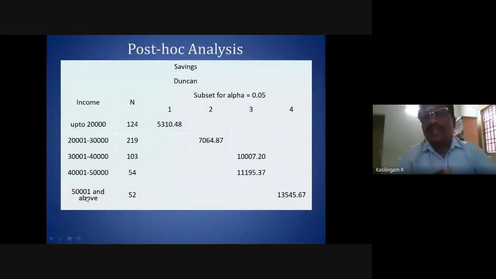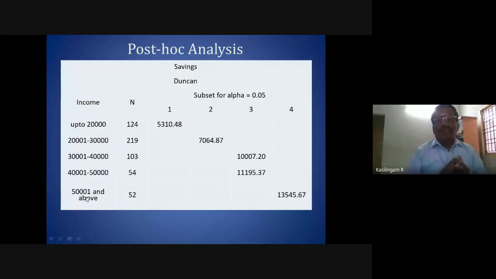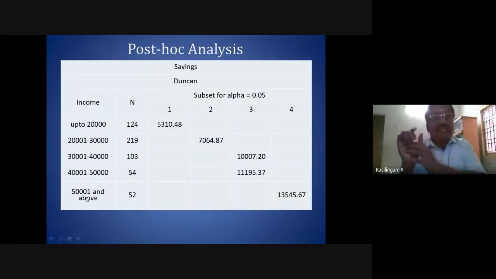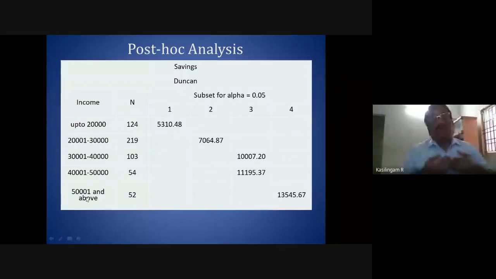These are the five categories in the income variable, which is why it is listing five categories.